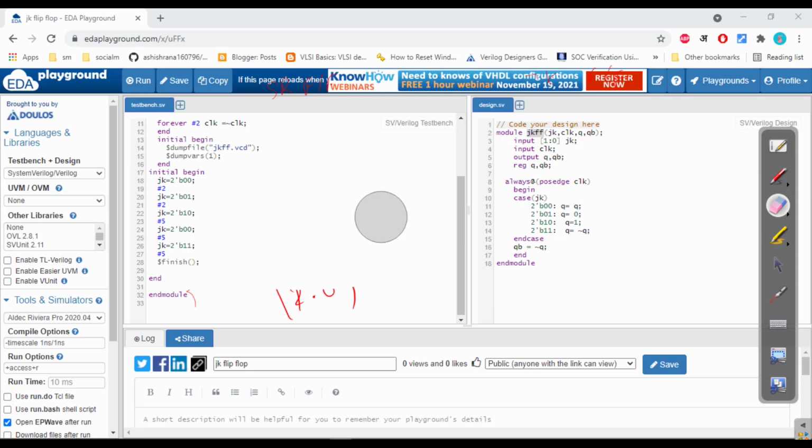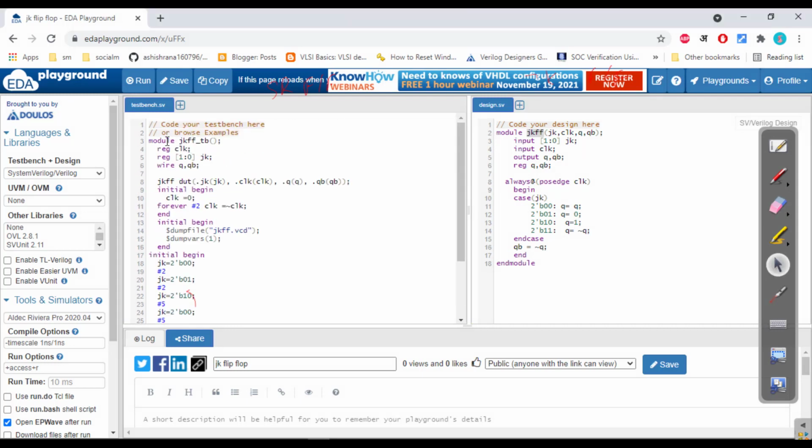Now we will understand the test bench very easily. Module, then the test bench module name, then inputs will be as reg, clock and JK, and outputs as wire. We are instantiating that module JK flip-flop.